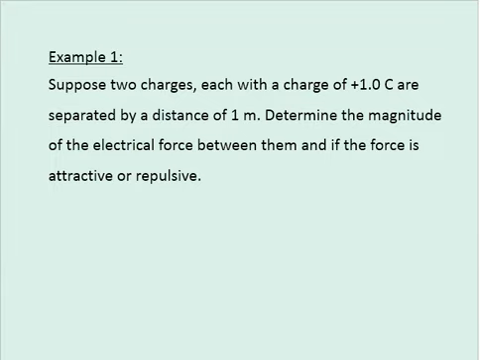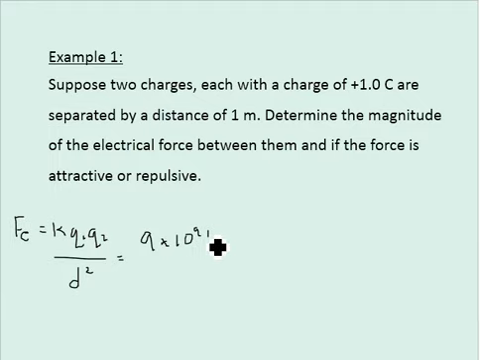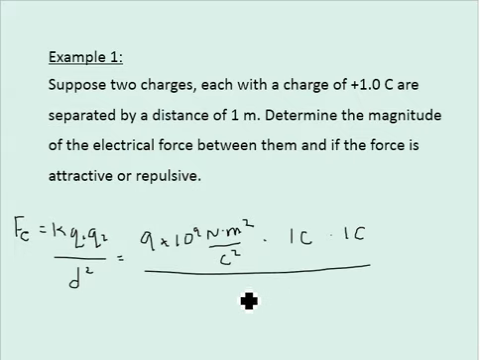So let's write down our Coulomb's law. Fe equals k q1, the charge of the first object, q2, divided by d squared. Okay, k is 9 times 10 to the 9th newtons times meter squared, divided by Coulomb squared, times our two charges, 1 Coulomb times 1 Coulomb. And since we're looking at magnitude only, you can leave the signs out of the charge, be them positive or negative, because we're just going to get the magnitude, over 1 meter,